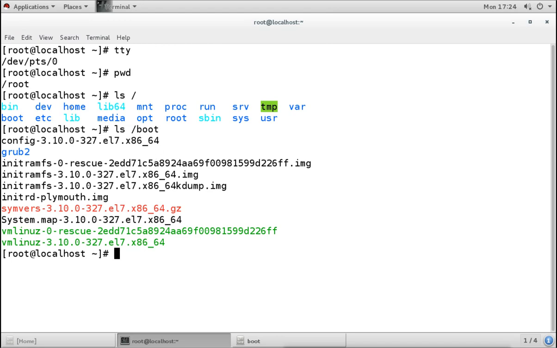So in the command line for Linux, it shows files in colors, so that we can understand what type of file each name we are seeing is. Now there is some color coding here. If you see this blue color, that means it is a directory. As you see, all these dev, home, mnt, proc, run are directories.